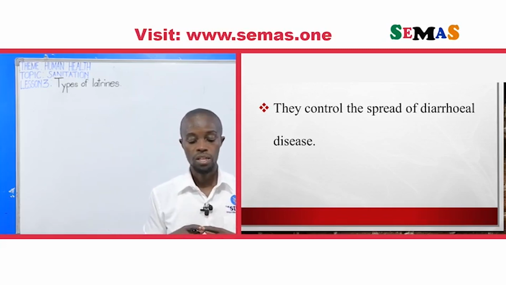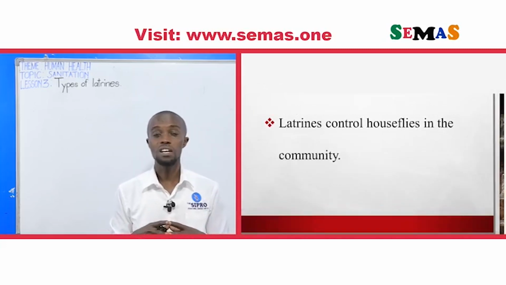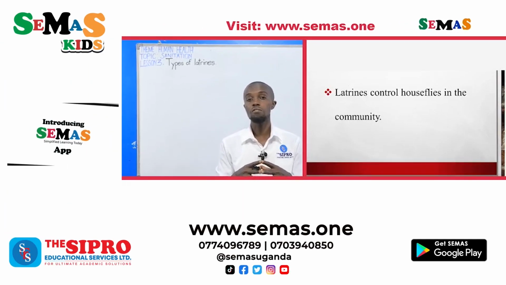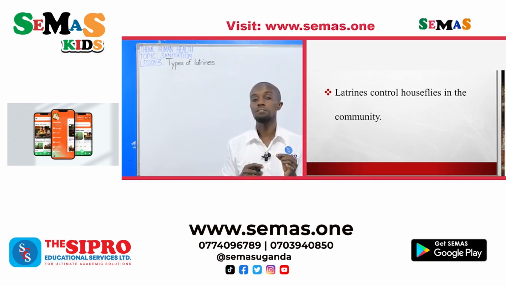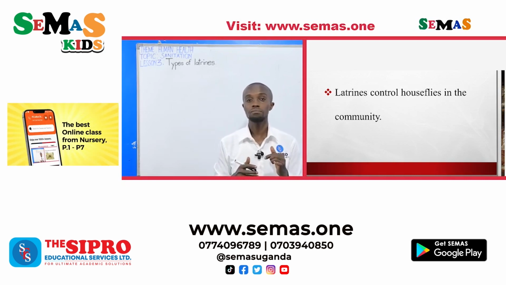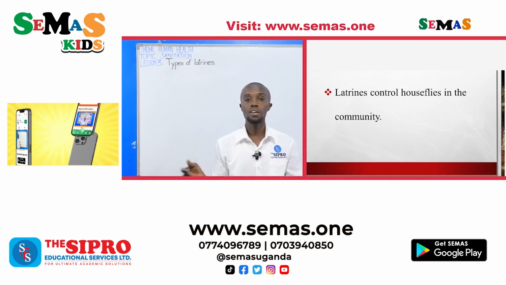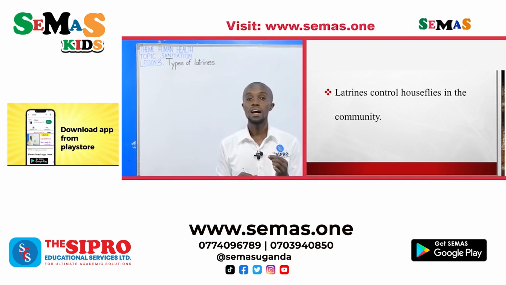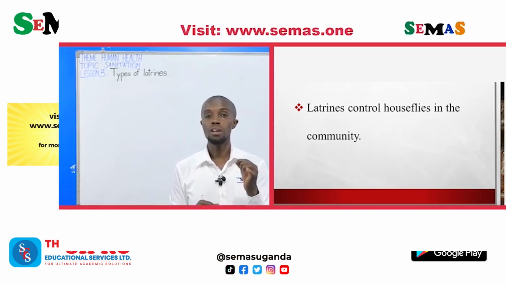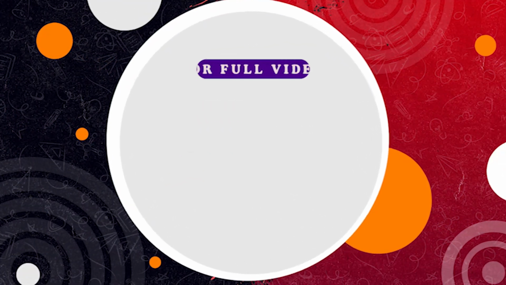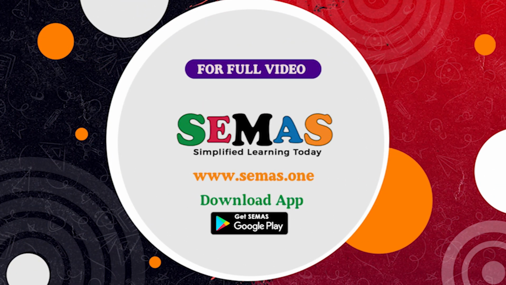My dear learner, these latrines control vectors in our community. For example, when you dispose of your fecal matter into a latrine, these houseflies are kept away. Reason, they will lack what to feed on, or they will lack points where they can lay their eggs. Because human fecal matter is one of the best conditions